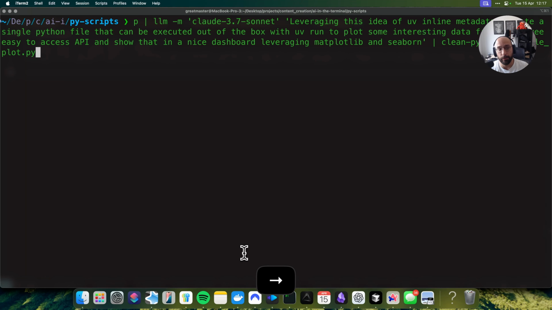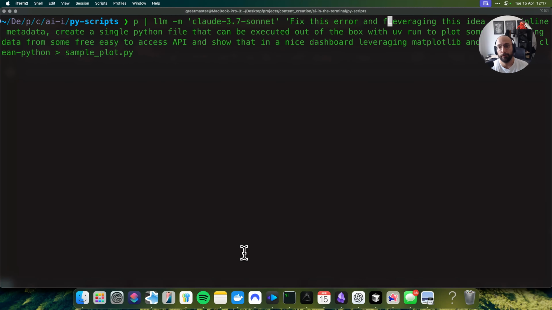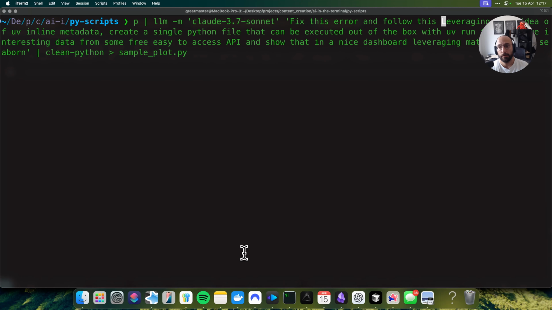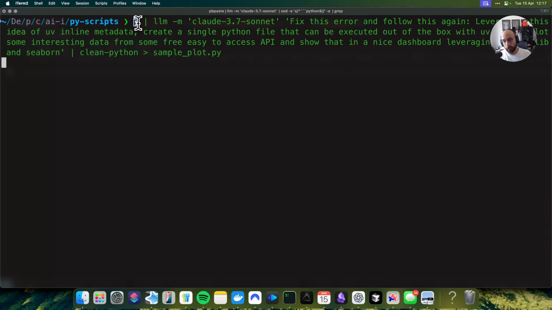And I'm going to send the same plot, right? And I'm going to say, fix this error and follow this again, right? So that's all I'm going to do, just to see if we can actually generate the proper version now, because now the model has access to the previous version of the script, the error that was generated, that prompt